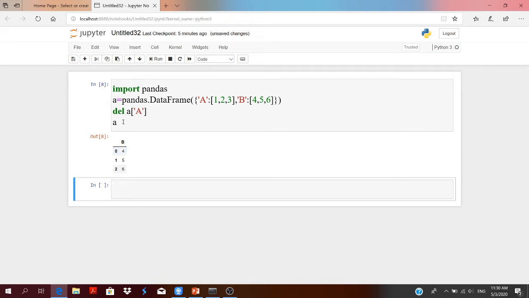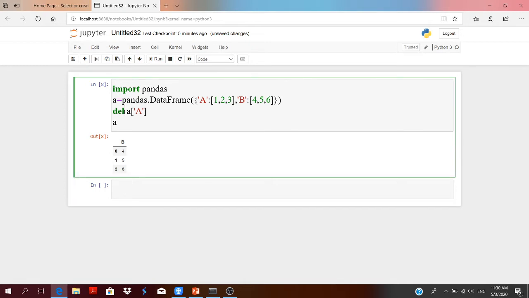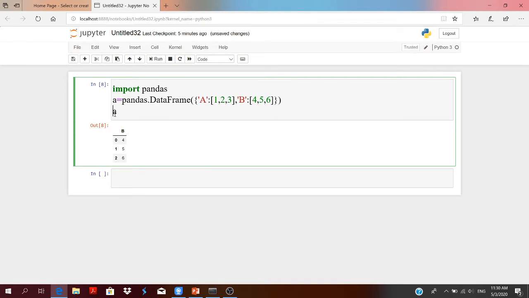You can also remove a column by using the function pop. For this, you have to write the data frame name first, dot pop function, and pass the column which you want to remove.